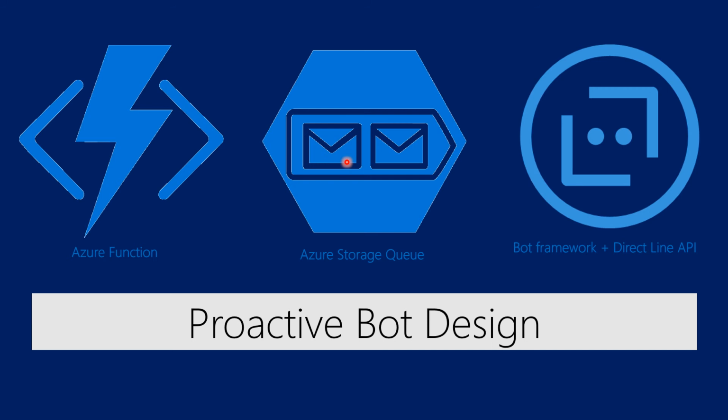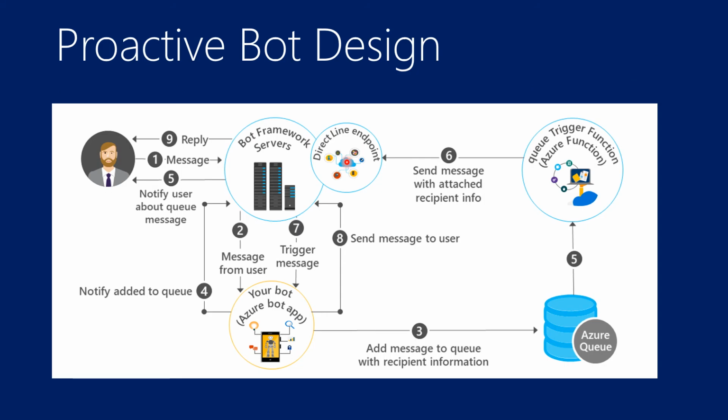So let's see how a proactive bot is designed. A proactive bot is not actually a different type of a bot. It is just a design pattern which is implemented using a message queuing system and a queue trigger function. Now, in a normal communication, the user sends a message to the bot and the bot servers relay the message to the bot application which we have built. The bot application responds back to the user using the bot server, using your favorite channels and the bot framework